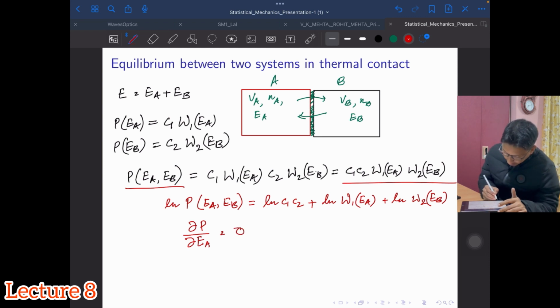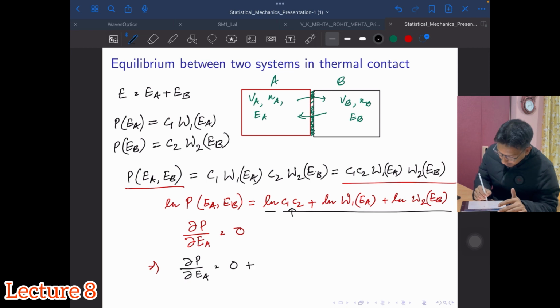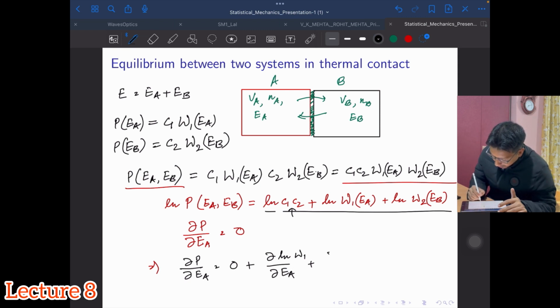So in the right hand side I see that C1 C2 is a constant, so I will get a 0. Okay, so del P by del EA I'll get 0. Then I will get del ln W1 by del EA, and here I can apply the chain rule, so del ln W2 by del EB multiplied by, using the chain rule here,